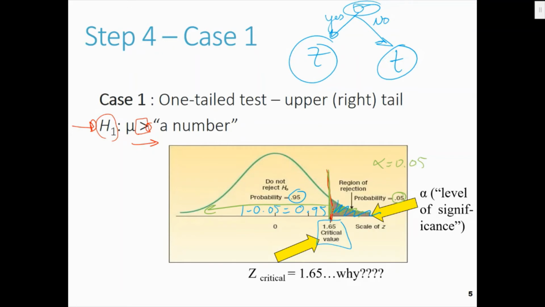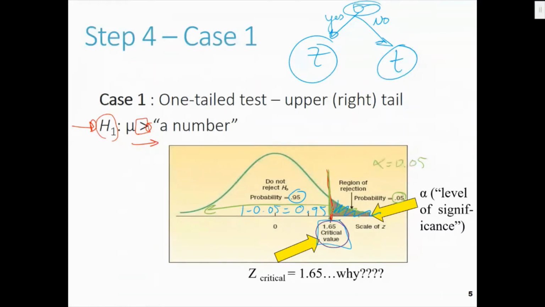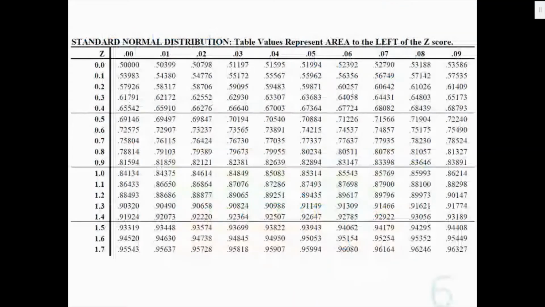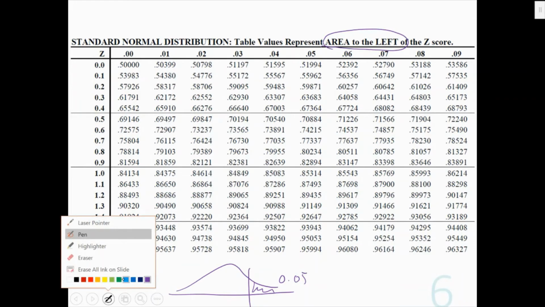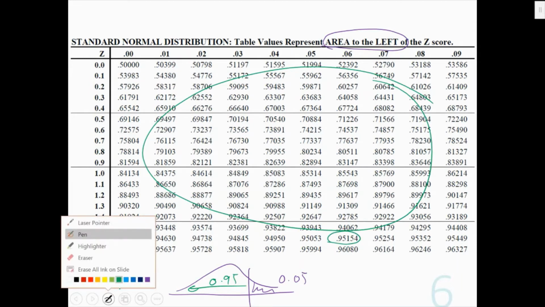Okay, so for this one example here, they're giving us the critical value of 1.65, but why? Okay, so let's check it out. We just said that we have a curve and we have at this section here 0.05. On the Z table, we always get the area to the left. So what is the area to the left? Is 0.95. Now area is the numbers in the middle. So let's look for 0.95, and 0.95 is right here, 0.95. So that matches our